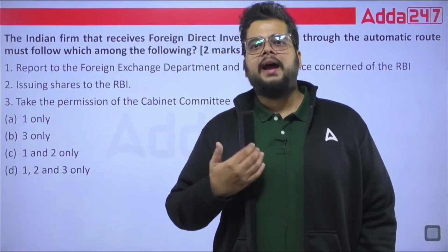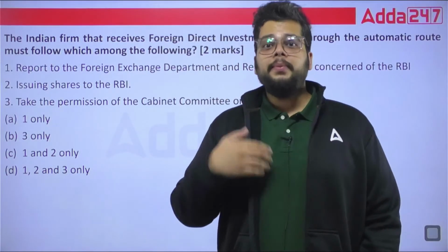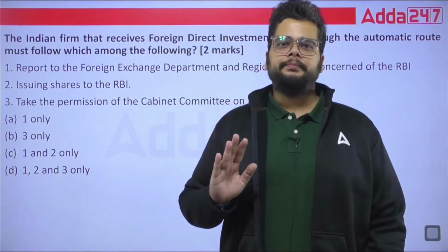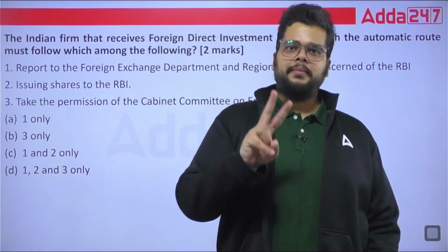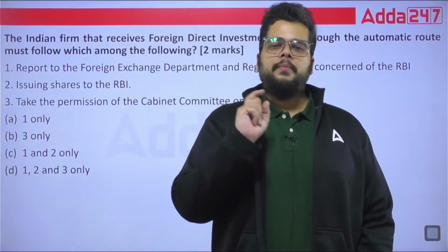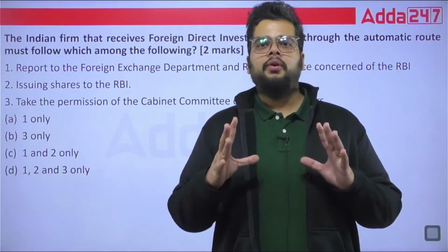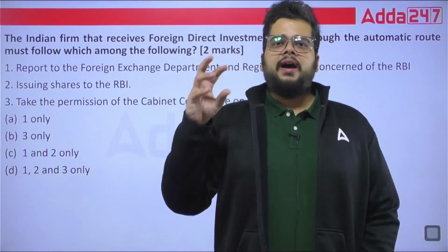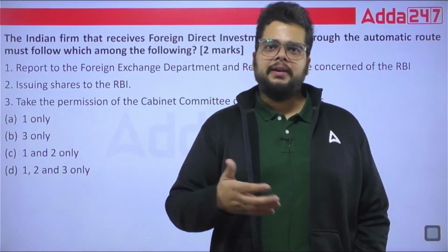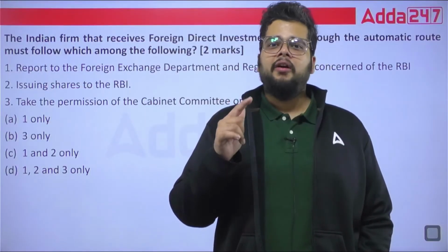And based on that, I will be providing certain stakes, certain shares of my company to that particular investor. That is again information number 2. Such information will be forwarded to the RBI. And to the RBI means what? The head office that is in Mumbai? No. To that office of the RBI which is there in the state where the business activity is going on. And which office of the RBI? The regional office of the RBI.